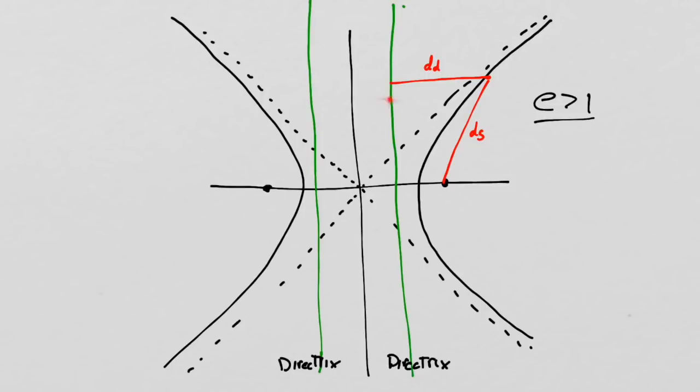The two directrices are here on the inside, and now E is greater than 1, so this distance here is a bit shorter than this distance here, right? It's going to be shorter by a factor of E, which is greater than 1. And you end up with two foci, just like in the ellipse, but you kind of have this sort of inverted shape. Understanding the hyperbola is a really, really good thing, because special relativity has a lot of hyperbola-related mathematics,